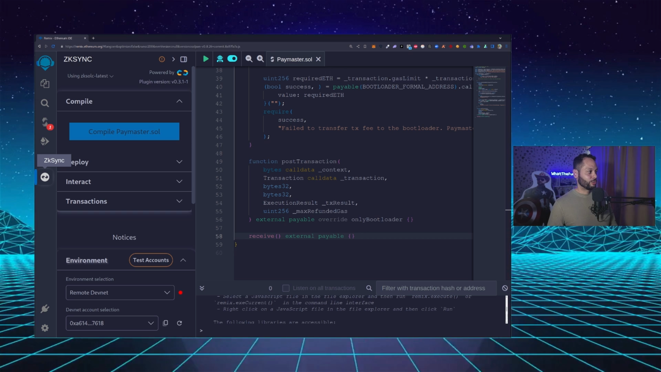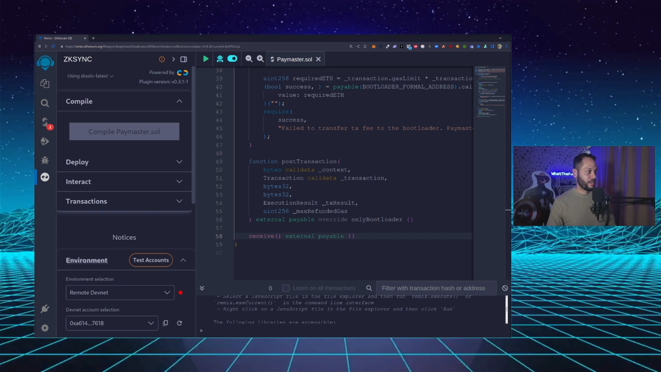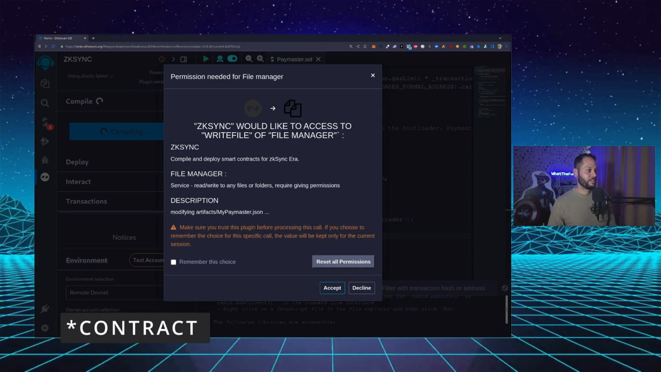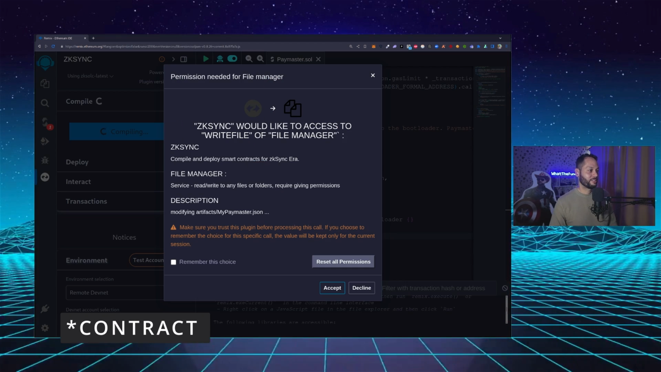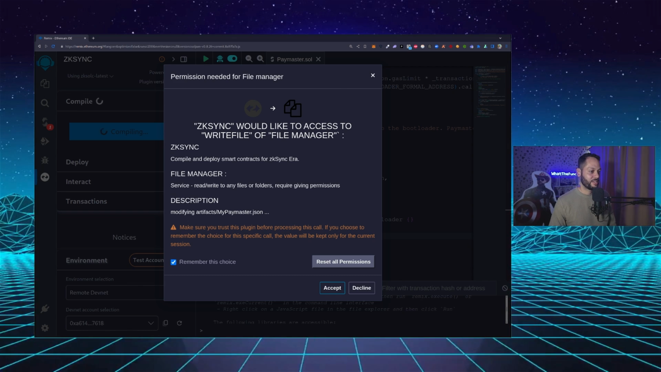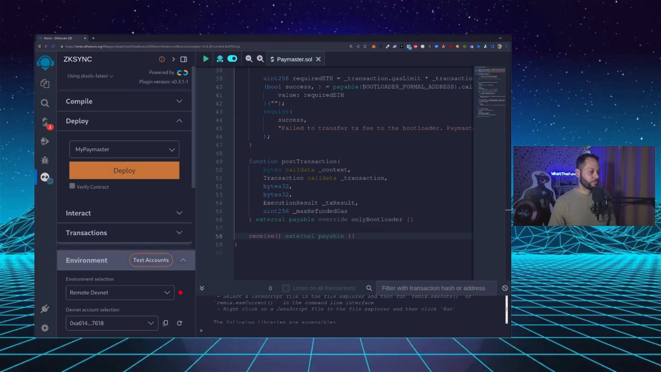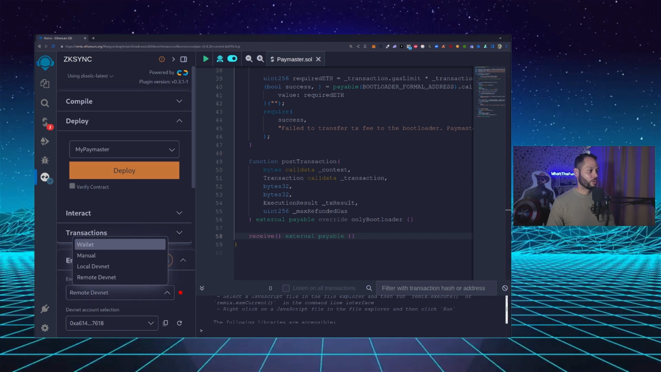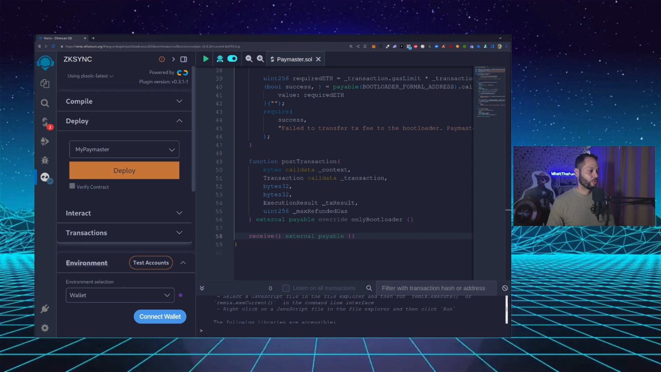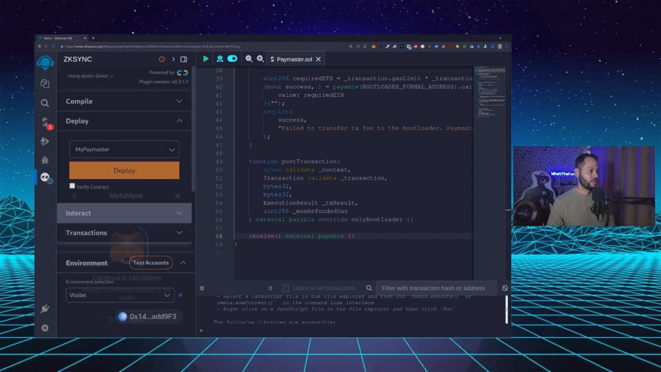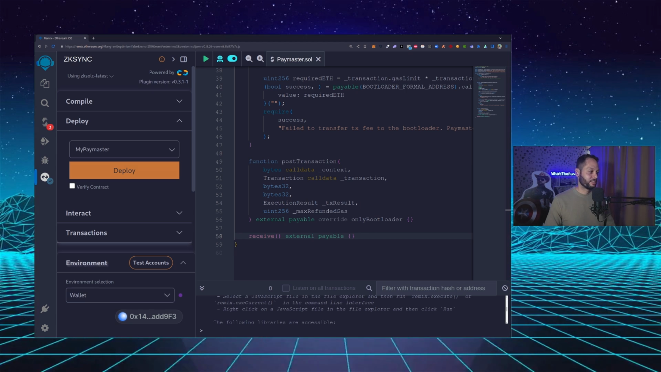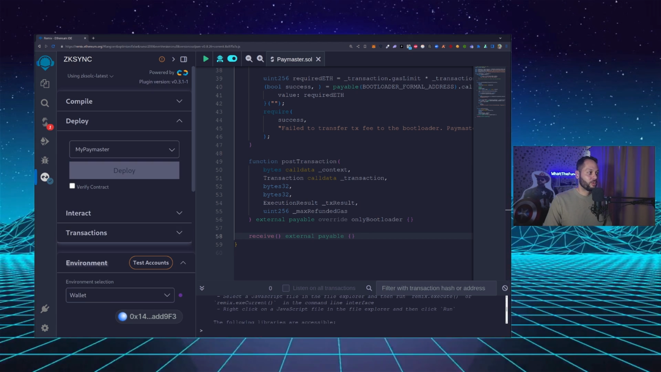Next, I'm going to come down to my ZkSync plugin, and then I'm going to compile the Paymaster transaction. It's going to ask me if I'm going to allow it to write to my files. I'm going to say yes, accept. And then before I hit deploy, I want to come down here to where it says environment. I'm going to go to wallet, and then I'm going to connect my MetaMask wallet, which is already connected to the ZkSync Sepolia testnet. And this way, when I hit deploy,